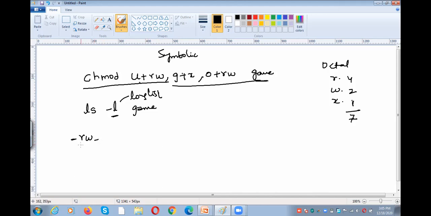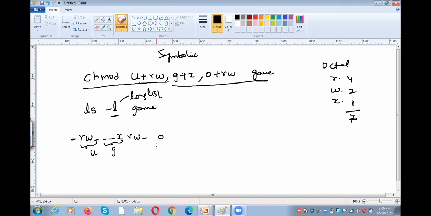The first three are for the user. And the next three, only execute permission for the group. That indicates no read permission, no write permission, only execute permission. These three are for group. So what about the others? Only read and write, no execute.